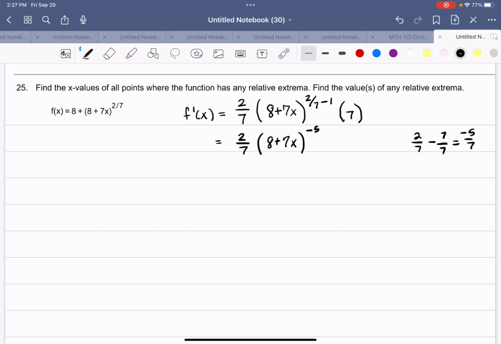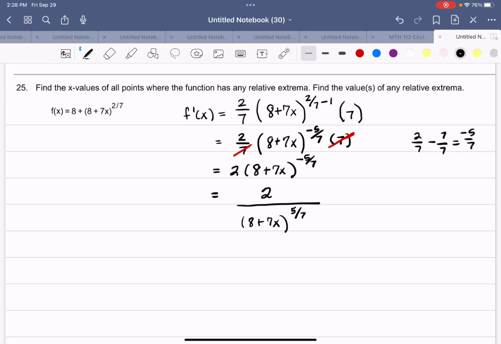Negative 5/7. And then times a 7. However, the 7 on top and the 7 in the denominator will divide to 1. And that's just going to leave us with a 2 times 8 plus 7x to the negative 5/7. And I'm going to move that base to the denominator and get an 8 plus 7x to the positive